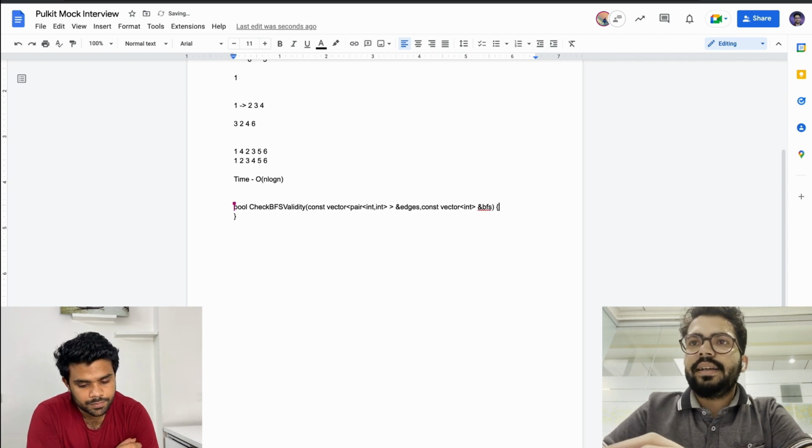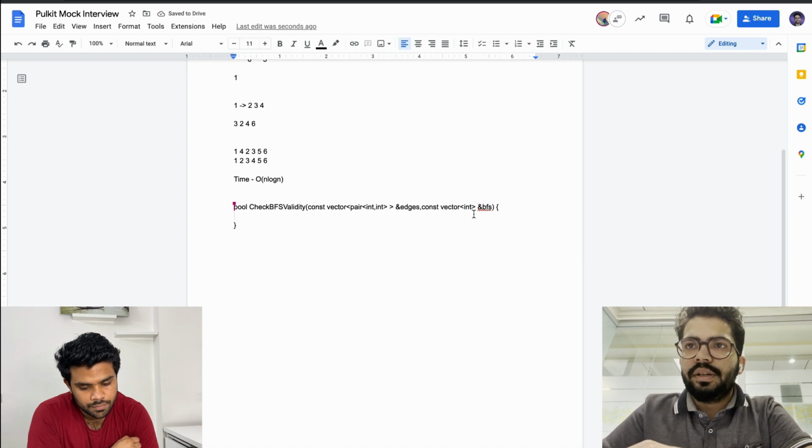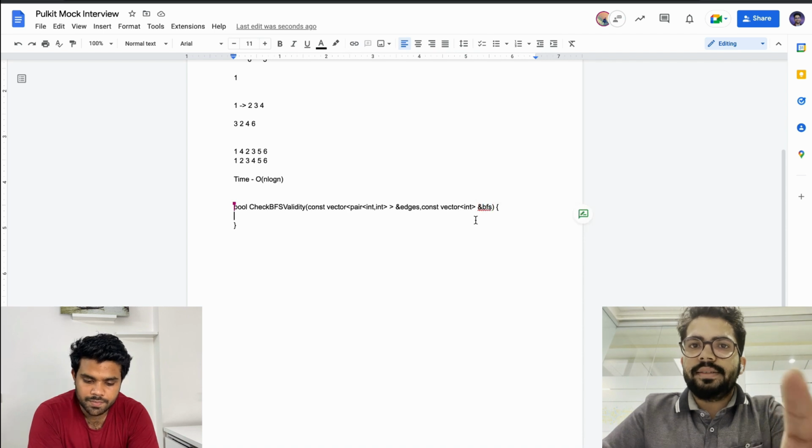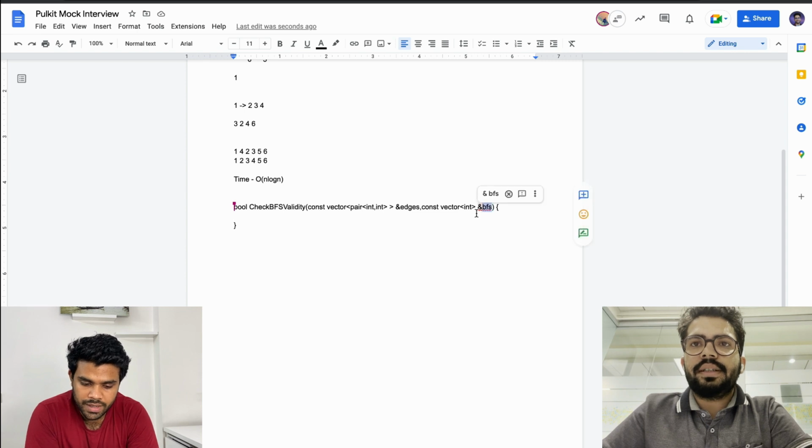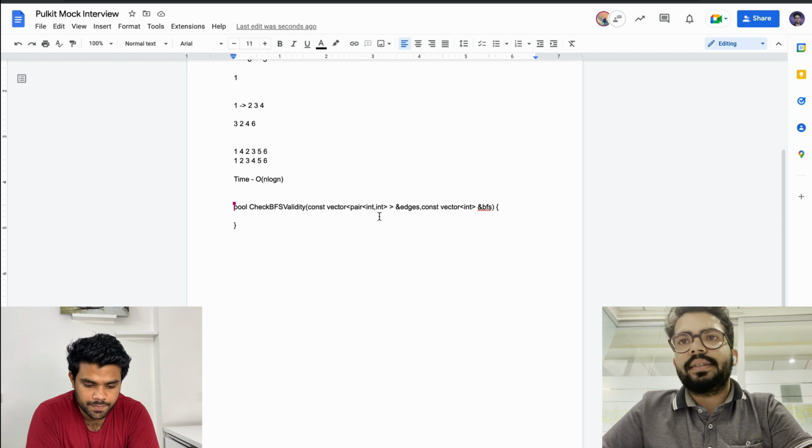Here, can I assume that the numbers in the BFS will be in the range from 1 to the number of nodes, that they will be valid? Yes. So the nodes are 1 to n, in the BFS as well, and in the edges as well, right? That's correct.